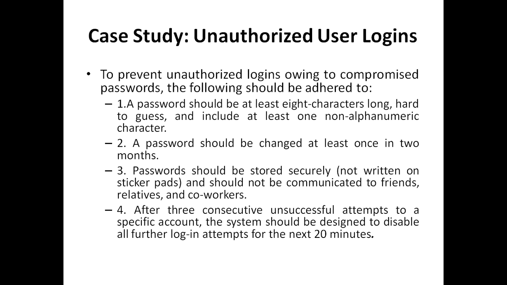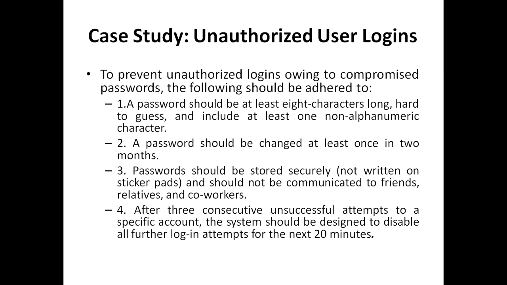A password should be changed at least once in 2 months. A password should be stored securely and should not be communicated to friends, relatives and co-workers. After 3 consecutive unsuccessful attempts to a specific account, the system should be designed to disable all further login attempts